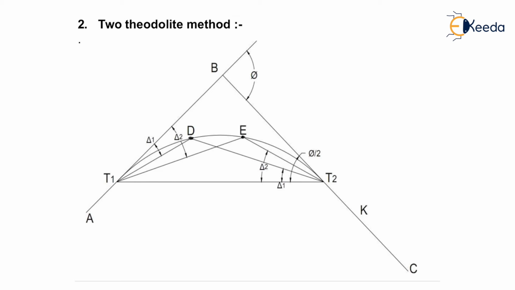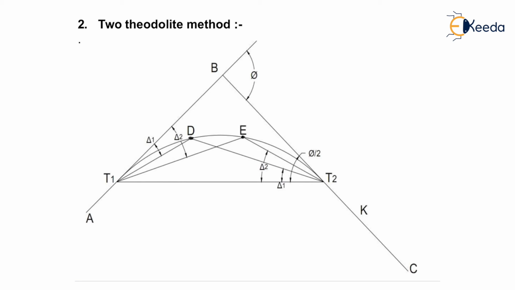If the first tangent point T1 cannot be sighted from the instrument at T2, the ranging rod at the point of intersection B may be sighted. The procedure will be as follows. If there is some error and we cannot find out the point D from T2, then what do we have to do? With both the plates of the second instrument clamped at 0, bisect the single station B, then release the vernier plate and swing the telescope in clockwise direction so that the angle will be what? 360 degrees minus delta by 2, and thus that will be directing to the side T2, T1.